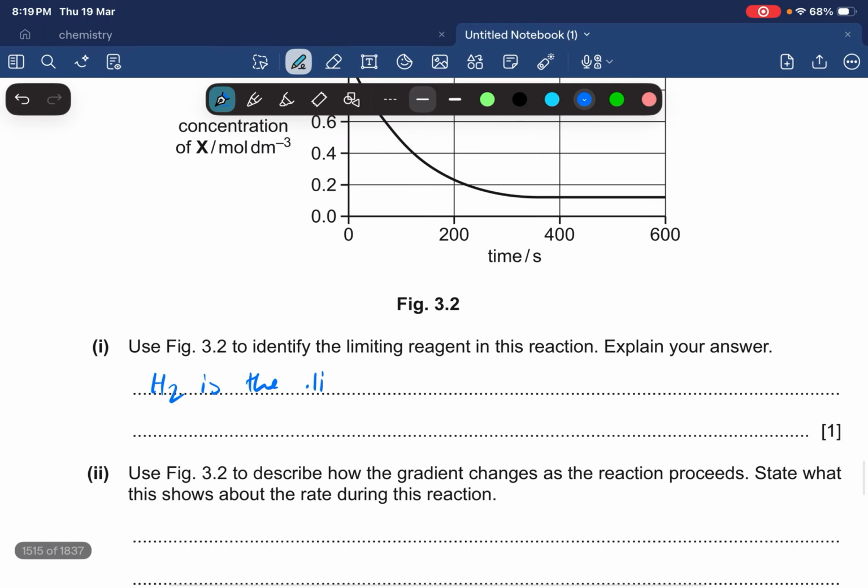Okay, H2 is the limiting reactant because